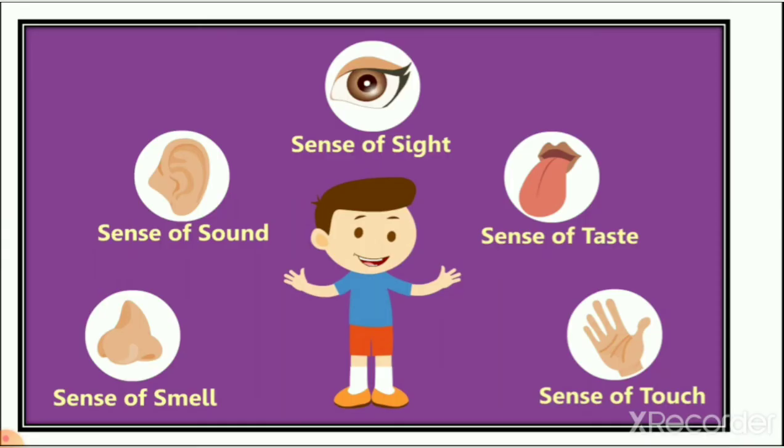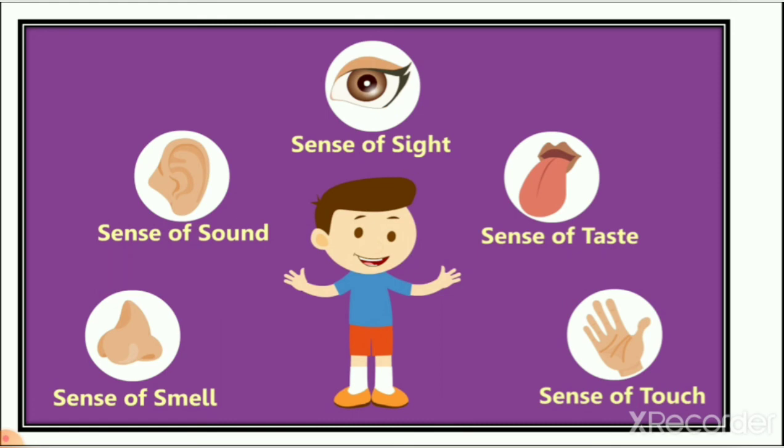So let's see here. Here you can see sense of sight. It means we can see that in front of you there is a TV or a mobile. You can identify your mother, right? Then sense of taste. It means that a lollipop is very sweet. When we see two mangoes, they look the same, orange in color, but when you taste them, you know that one is sweet and the second is not sweet. How do we know that? Because of the sense of taste, right? So you can feel the taste of mango or any other food.